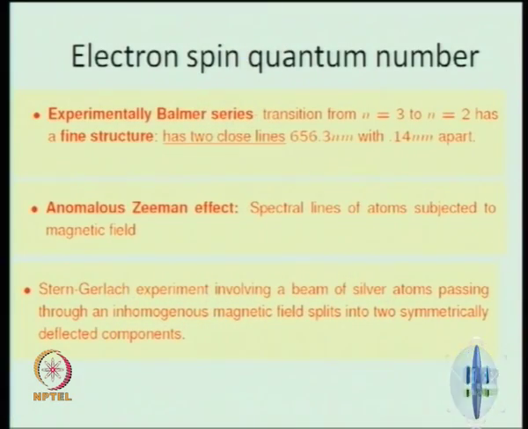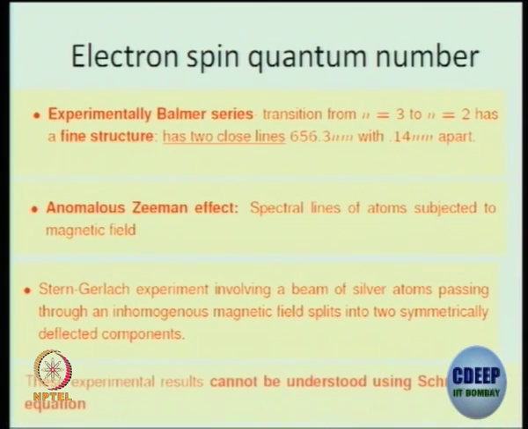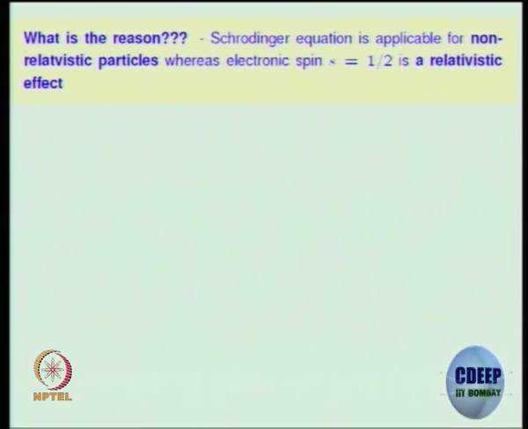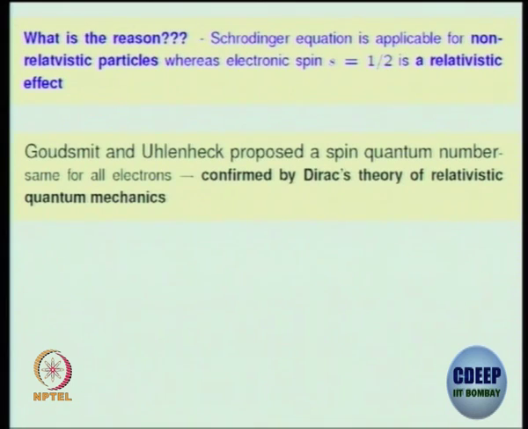The other convincing thing is the Stern-Gerlach experiment, which involves a beam of silver atoms that are produced and taken to be almost at L equal to 0, and they are made to go through an inhomogeneous magnetic field, and they see two beams coming out. So these experimental results cannot be understood using the Schrodinger equation. What is the reason? I have already said: the Schrodinger equation is applicable for non-relativistic particles, whereas electron spin is a relativistic effect. So for a relativistic theory, we need to study Dirac's equation,